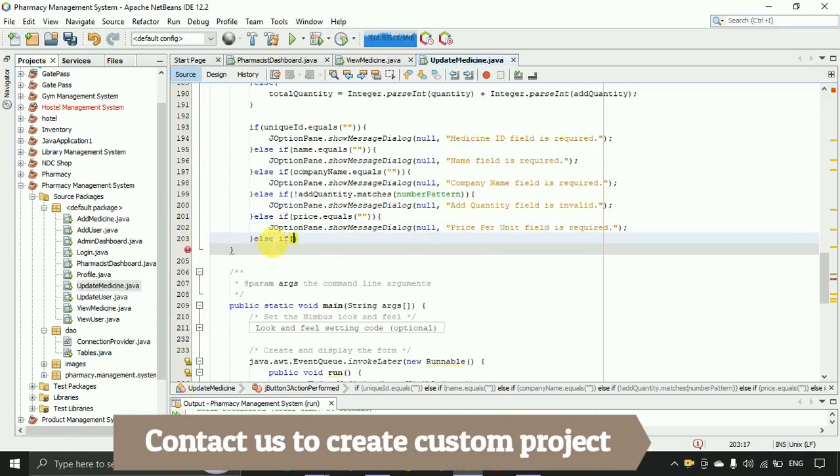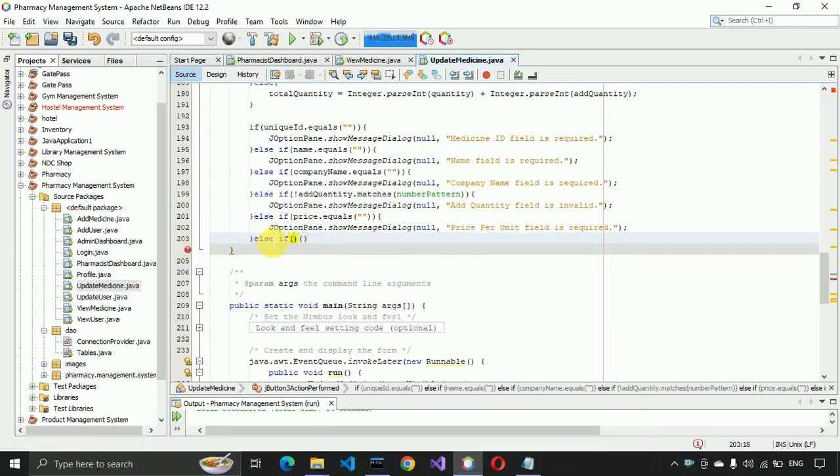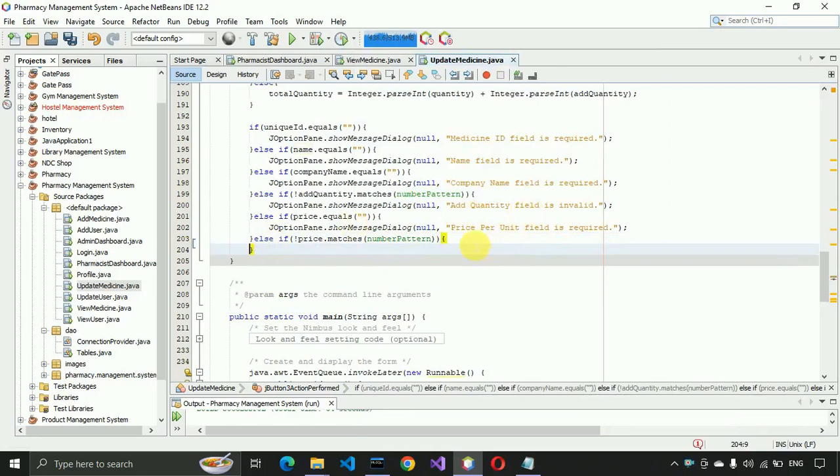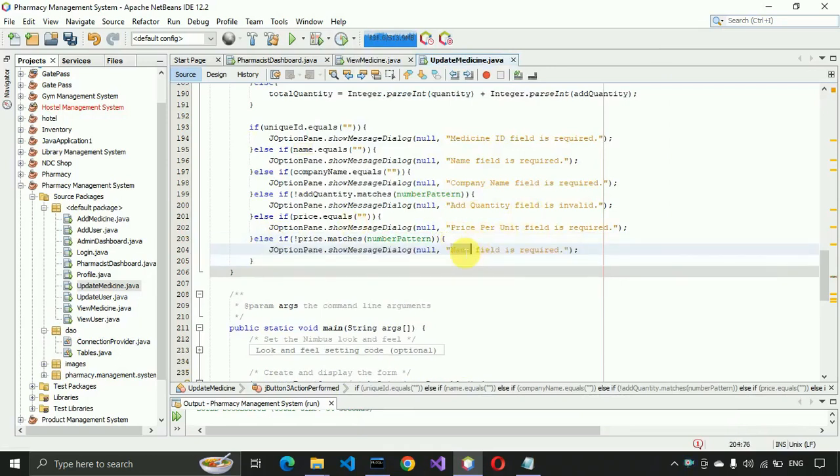Else if, and here we have to write not price dot matches number pattern, then we write price per unit field is invalid. And after that we write else,